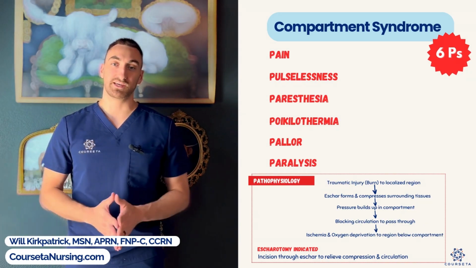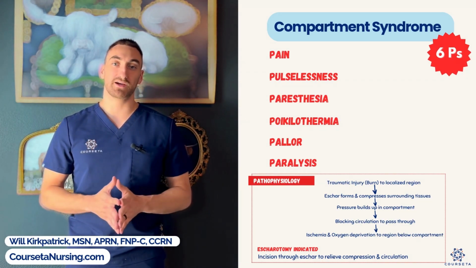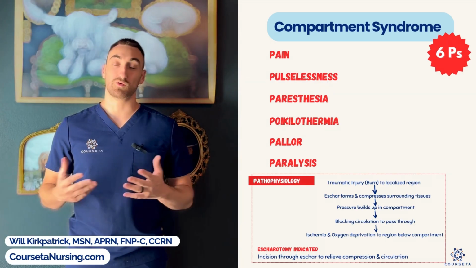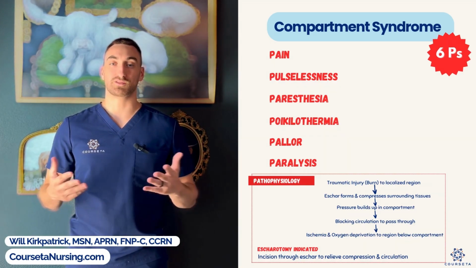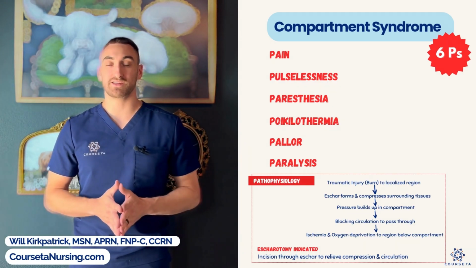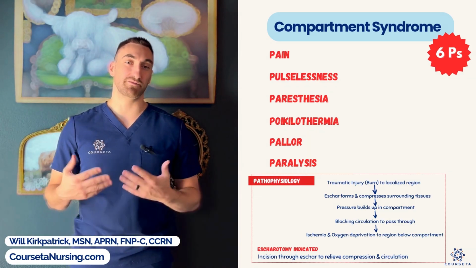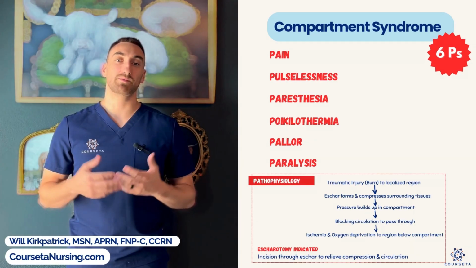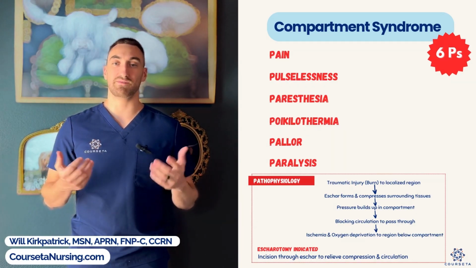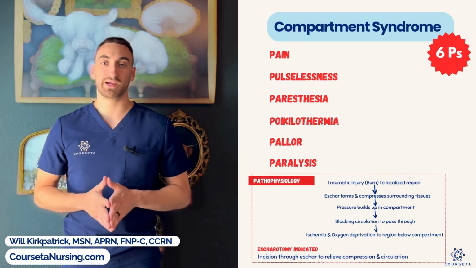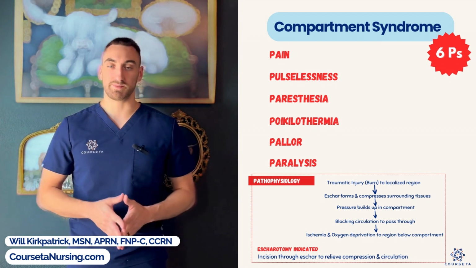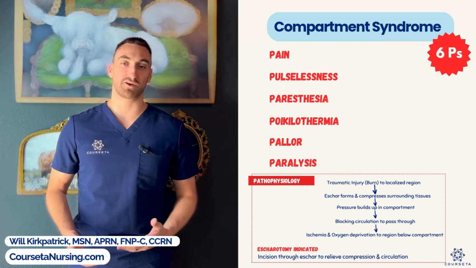Then there's paresthesia, so tingling, numbness of the area. Poikilothermia, which is coolness of the area. Pallor, so of course paleness. So if you're not getting enough blood supply to the area, it's going to get pale. And then eventually paralysis. So once the blood supply has been deficient for so long, the nerves will be unable to function properly. So just like how you have a dead arm when you wake up in the middle of the night, this is the same kind of concept because there's not any blood supply going to those nerves